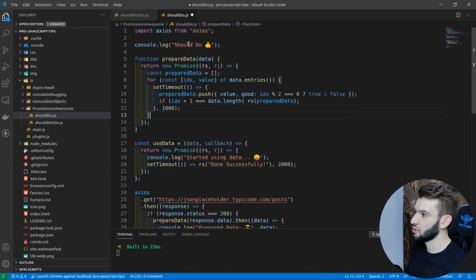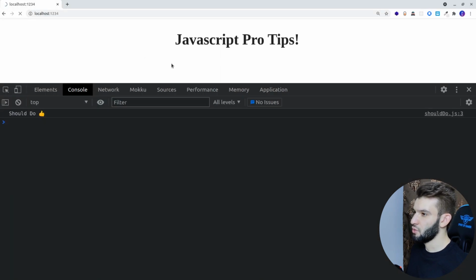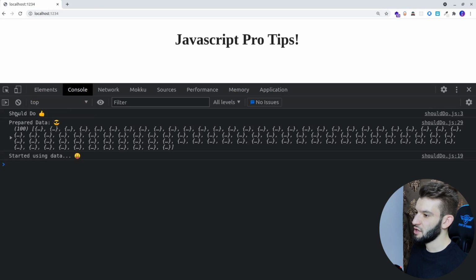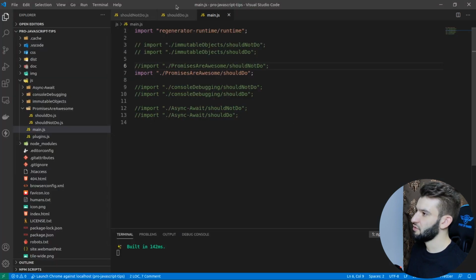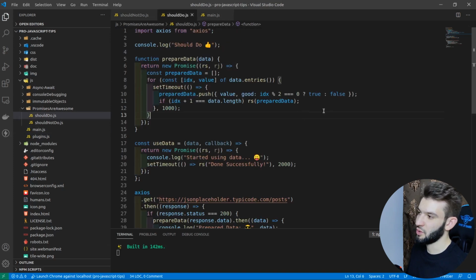And this is what the code should look like. Now let me go ahead and run main.js, and since those are asynchronous, it should run only one file once. And here we go. It does the same thing: it prepares the data, starts using the data, then finishes successfully, and prints the same thing. But the code right now looks much better to read through. Who agrees? Yes, it does look better,